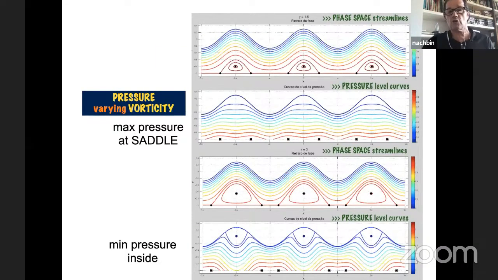So here's a pressure graph. Upstairs we see the recirculation zone with the three critical points, and we see that the maximum pressure is right below the two saddle points. If we increase vorticity, this starts growing, as I showed you before. There's the center, the saddle points, which haven't yet met, and look, the saddle points are migrating to beneath the trough. And eventually, I'm not going to show you, but you can believe, one can get a maximum pressure beneath the trough and not beneath the crest.